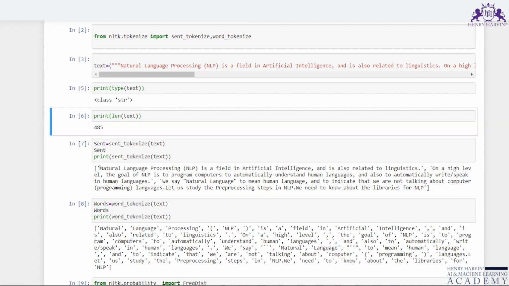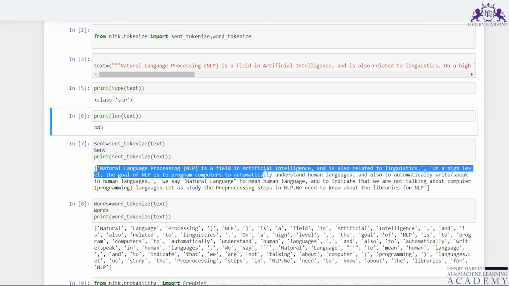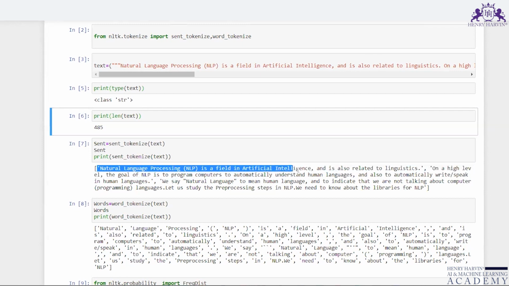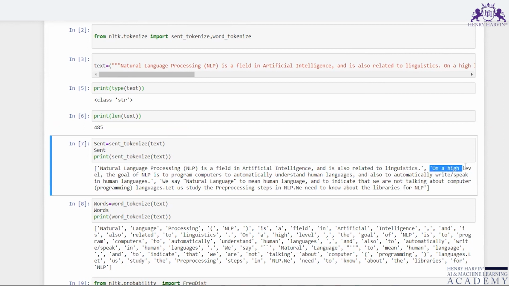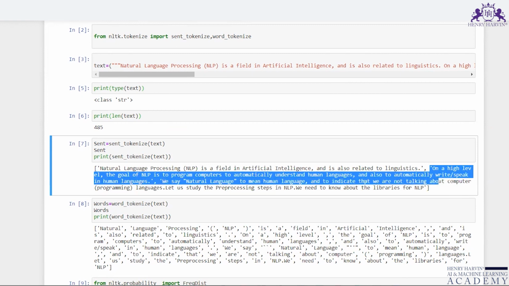What is happening over here? You can look at the output now. Natural language processing NLP is a field in artificial intelligence and is also related to linguistics. So this is one sentence. The second sentence you can see: on a high level, the goal of NLP is to program computers to automatically understand human languages and also to automatically write or speak in human languages.